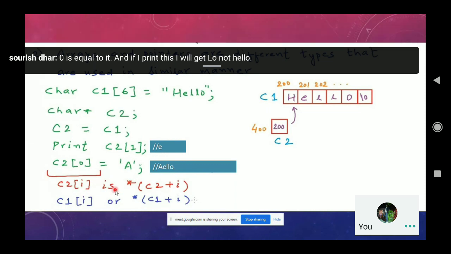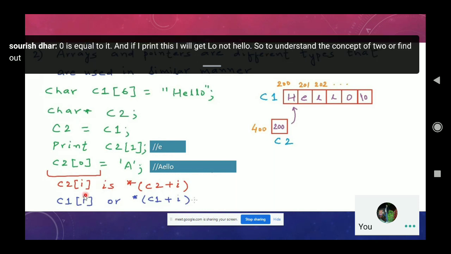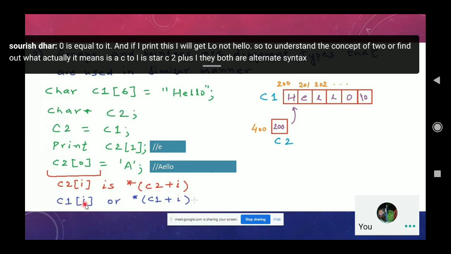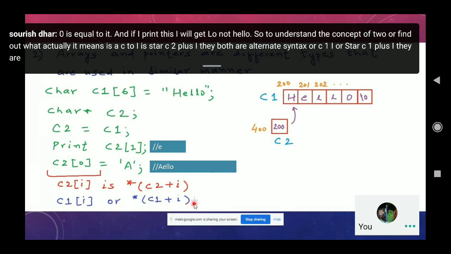So to understand what it actually means, C2[i] is *(C2 + i), they both are alternate syntax, or C1[i] or *(C1 + i), they are alternate syntax. I guess I told you this part in my last class with integer arrays as well.